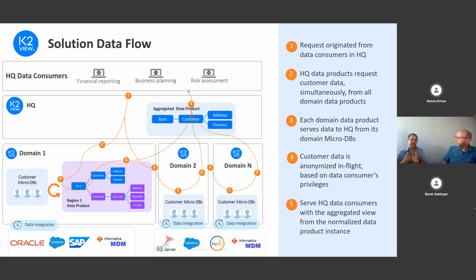In some cases, you will not have any information. For example, going back to K2View, we don't have an office in Italy. So if it goes to the data domain in Italy, it will come back immediately, no answer. But let's take the left side where the information resides. The request comes in, and what we do is we go to the micro databases that were prepared in advance by K2View, of the normalized data in the bluish one, and before we push it to the headquarters, we do two activities.